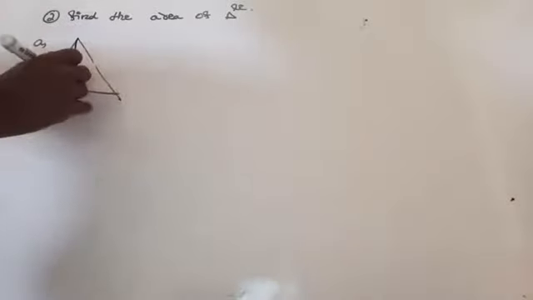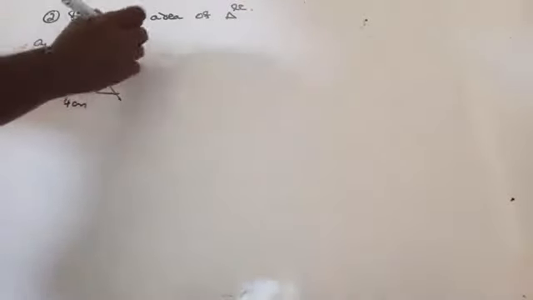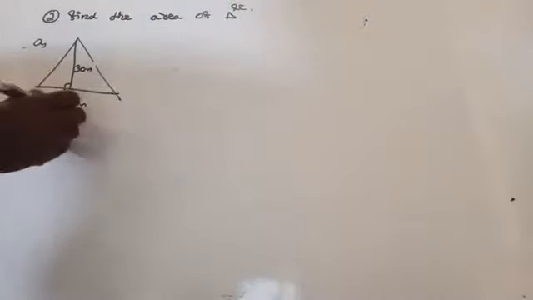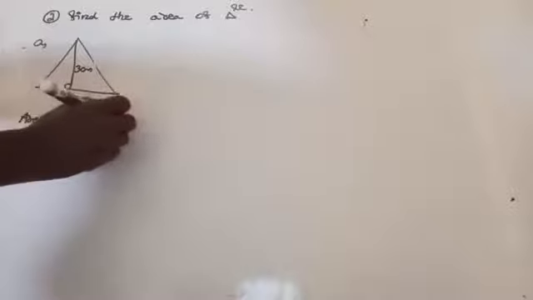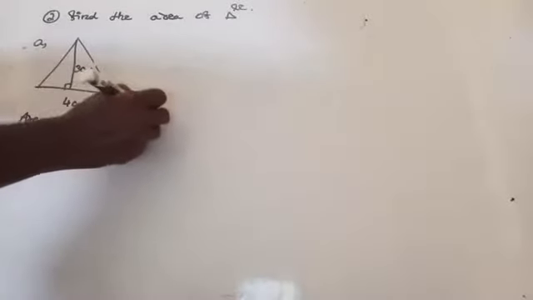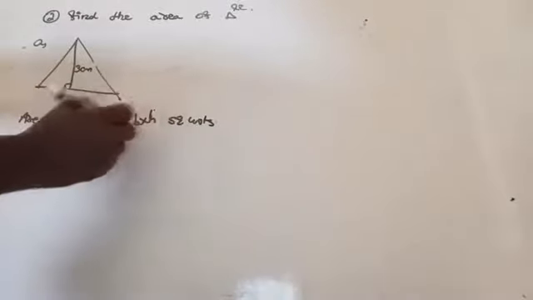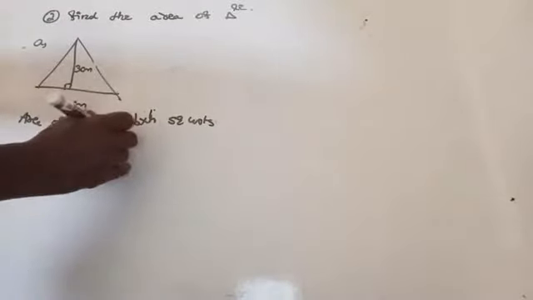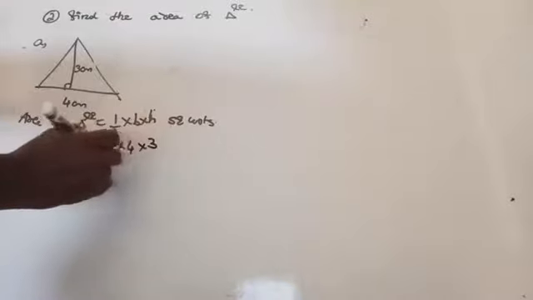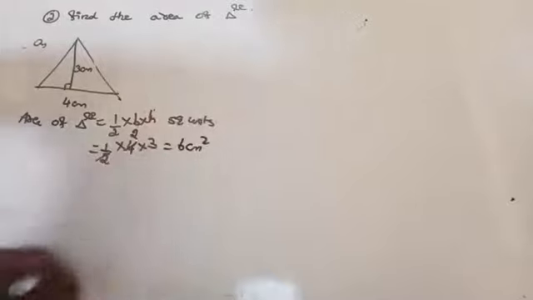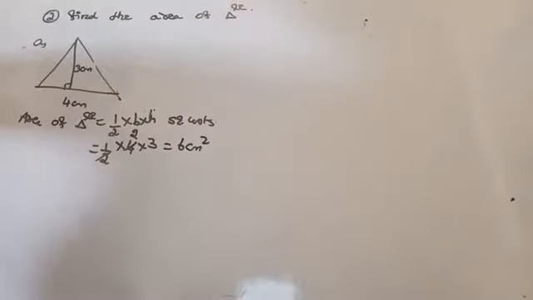centimeter. So area of triangle is what? Half into base into height, square units, half BH. So what is the base here? Base is 4, height is 3. 1 2 is to 2, 2 2 is 4. So 2 3 is 6 centimeter square. Am I right here? 6 centimeter square. Area of the triangle is half into base into height, square units.